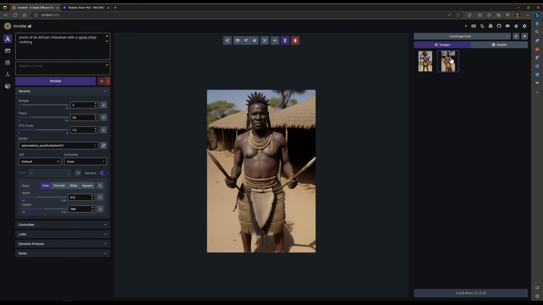This is pretty much exactly what I was asking for. I said with a spear. He's actually holding a couple of them. But yeah, this is exactly what we asked for. And so now if I want to generate something completely different, let's say we go to